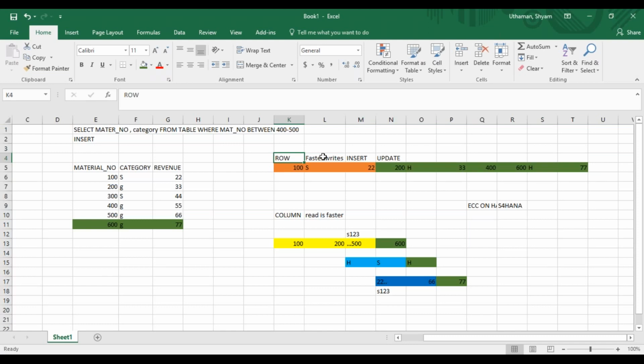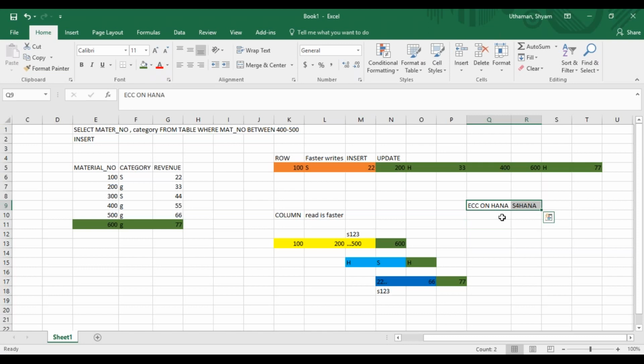Yes, okay, got it. But having said that, ECC on HANA and S4 HANA are SAP's offerings to the transactional space. What you're learning is analytical HANA, the HANA based on which you create reports. ECC on HANA and S4 HANA is when you have these ECC or finance applications, the sales applications, sitting on your HANA database.